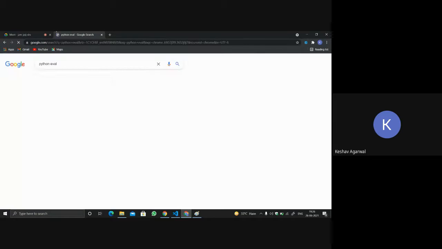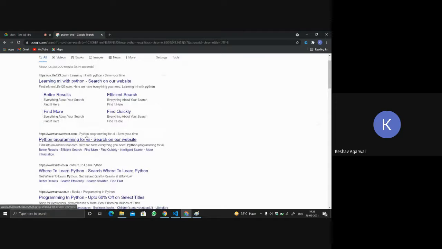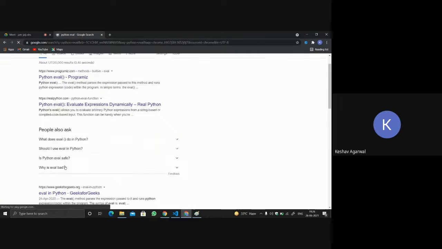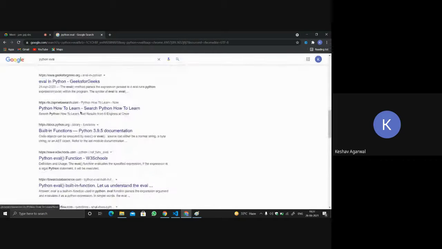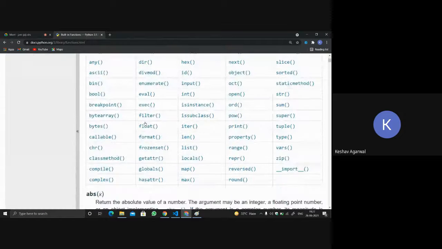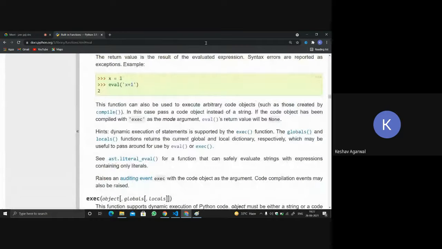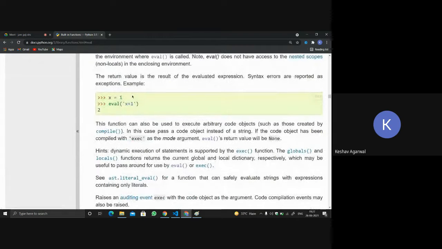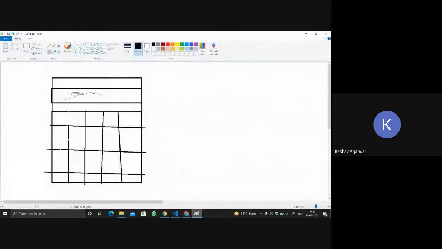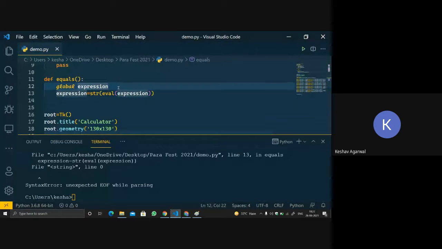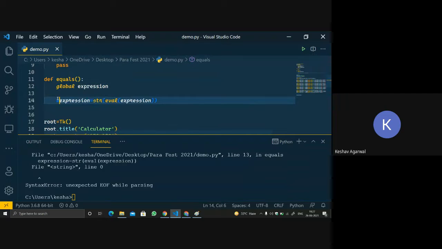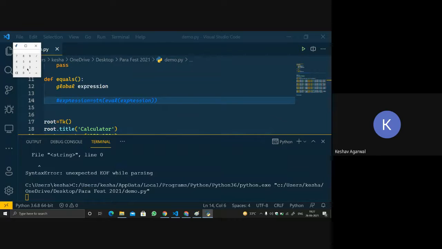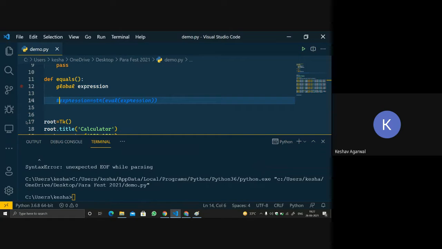Python eval. Okay, let's comment it out and then run the function. str eval expression, let's remove it.